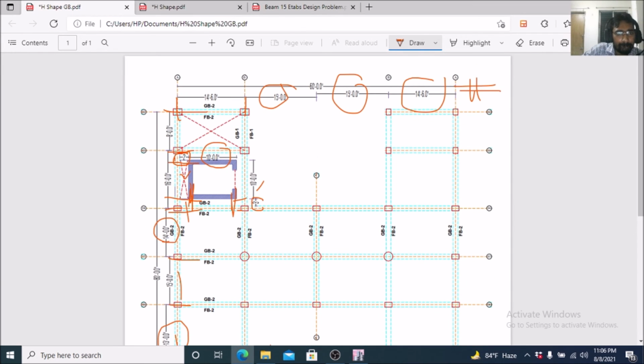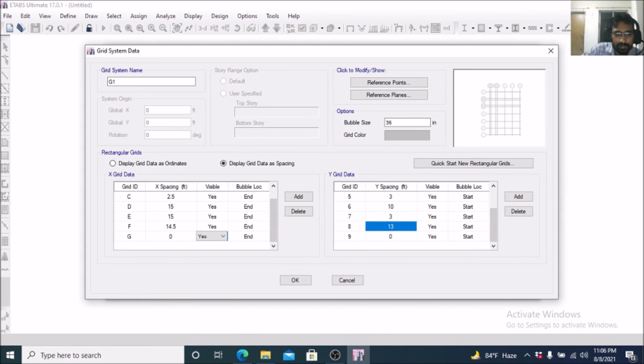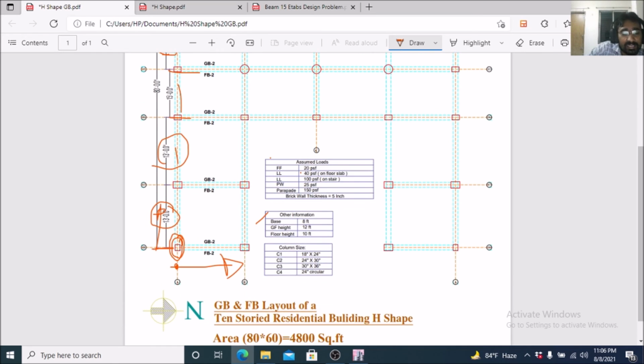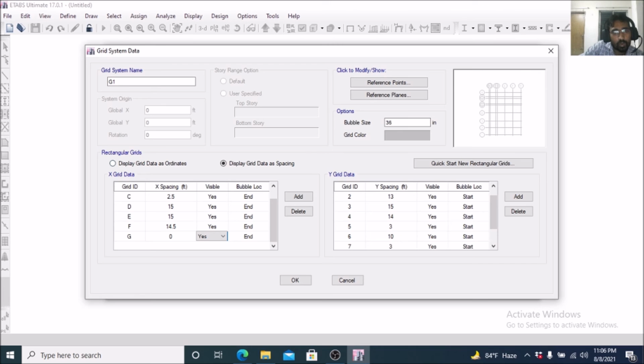Then the final spacing will be 8, and the final spacing after that will be 0, because there is no column after this. This is the spacing for x direction and y direction. So all the spacing has been inputted here. This is up to this, and then we click OK.